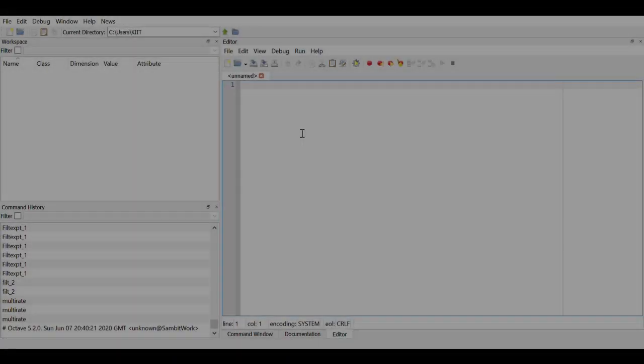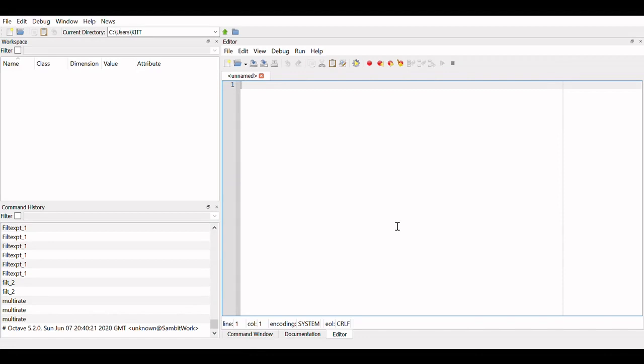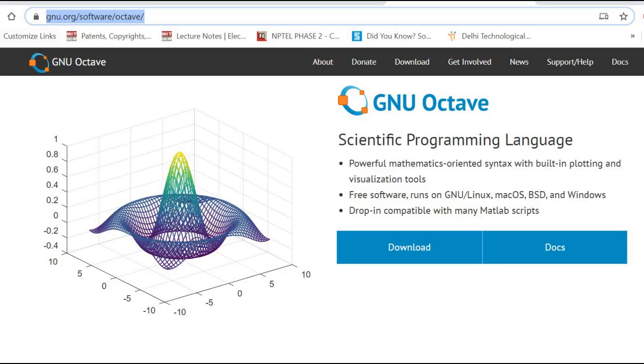Octave is a free tool which is compatible with MATLAB codes and everything. So if you have M files, you can run those codes on Octave unhindered, uninterrupted, and it is a very beautiful tool. It's really good when it comes to open source software, because MATLAB is proprietary software. So when we go for Octave, it is free, open source, so you can always use Octave in place of MATLAB for doing a lot of experiments, a lot of projects, and a lot of packages are available to download